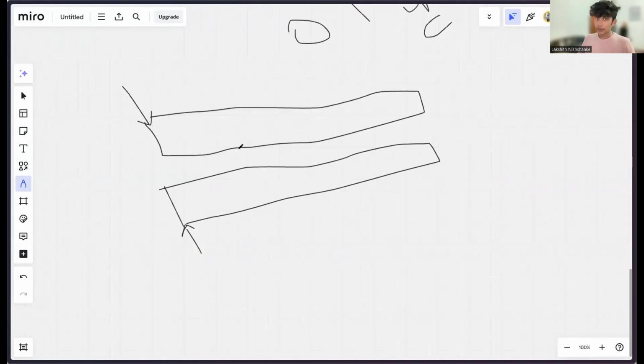At each step, I'm going to check the topmost values. Then if this is a draw, I'm going to append this value here, append this value here, and move this pointer to here, and move this pointer to here.